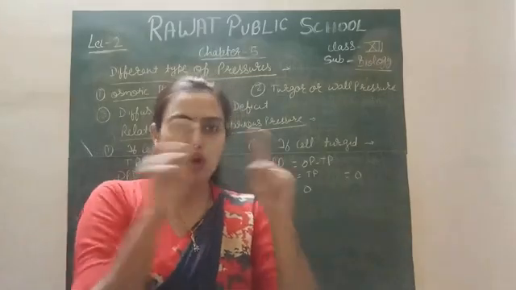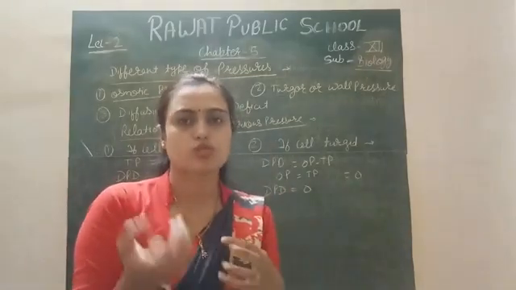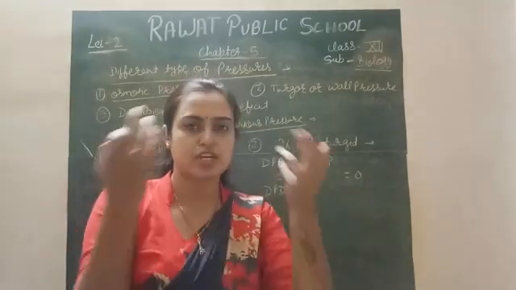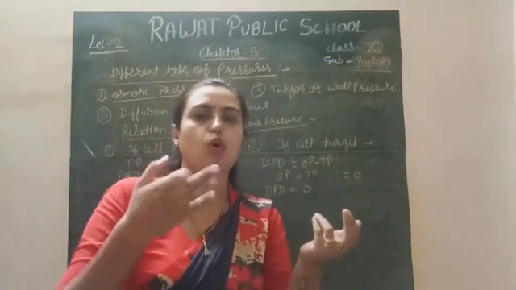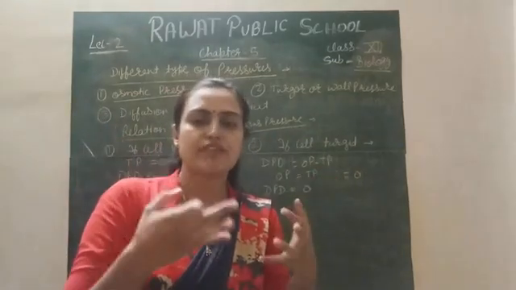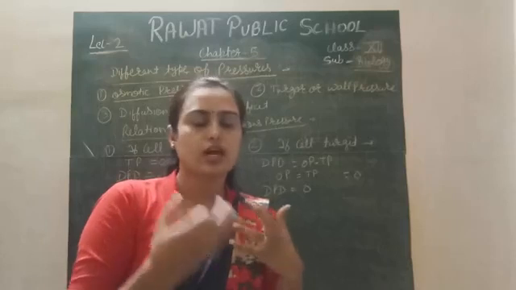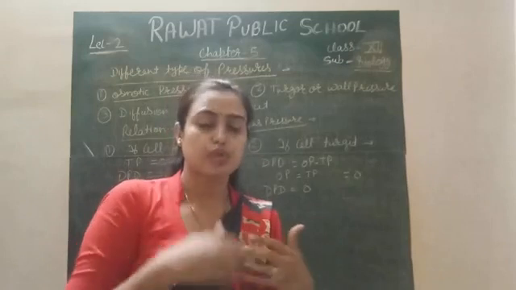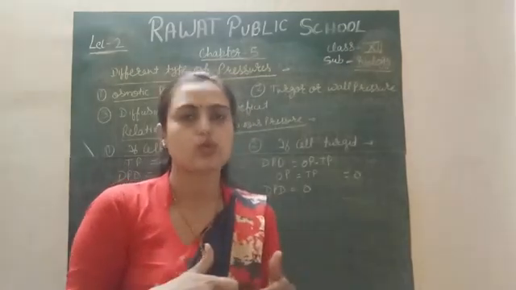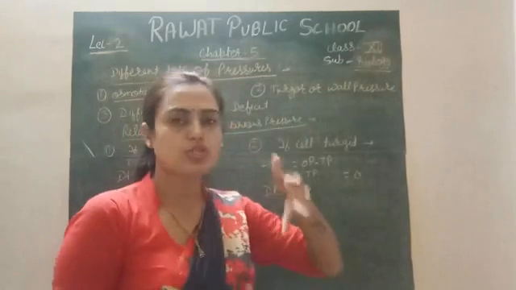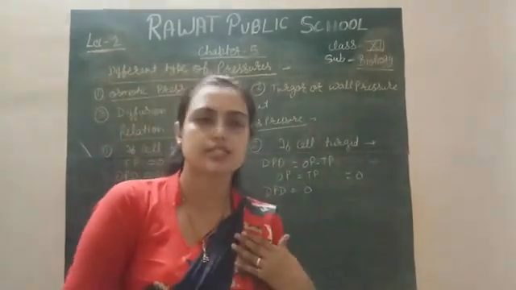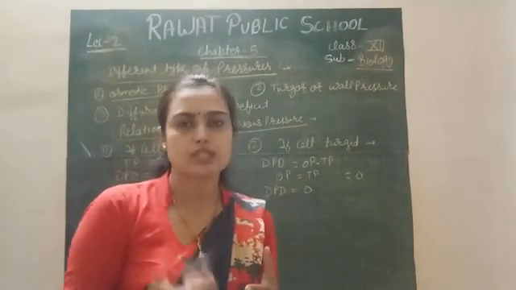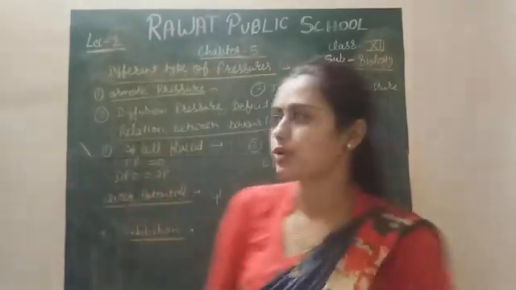So the wall of the cell also exerts a pressure, called the wall pressure, which is equal and opposite to the turgor pressure. It means when the turgor pressure increases, an equal amount of wall pressure is exerted by the cell to prevent bursting. Otherwise, if there were no wall pressure, the cell would burst due to swelling from the excess intake of water by endosmosis. So turgor pressure is due to the solvent, and wall pressure is exerted by the cell wall when the solvent molecules become excess in the cell after endosmosis.